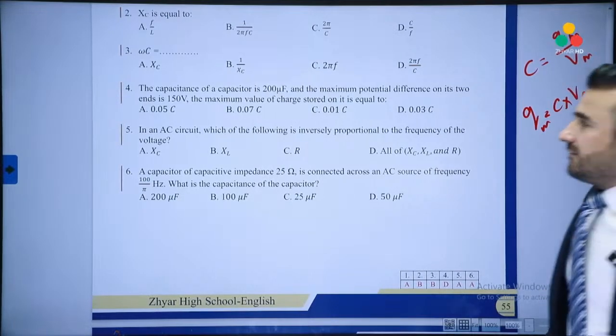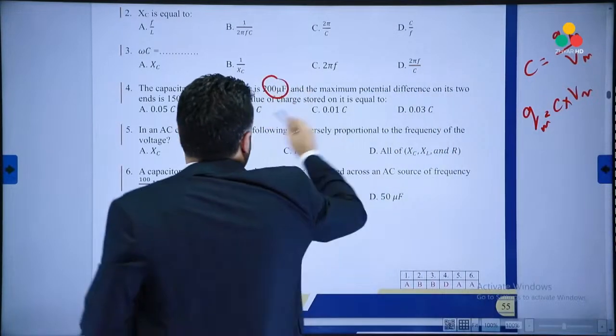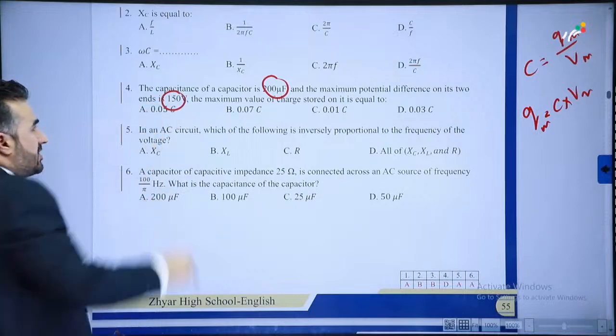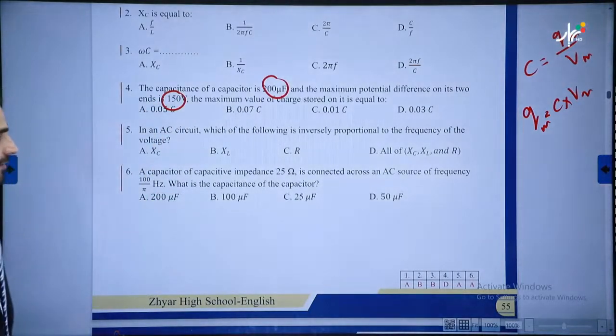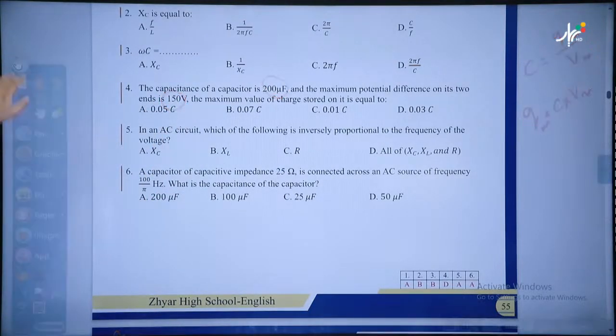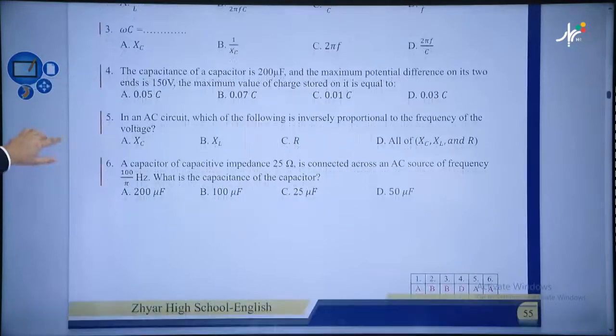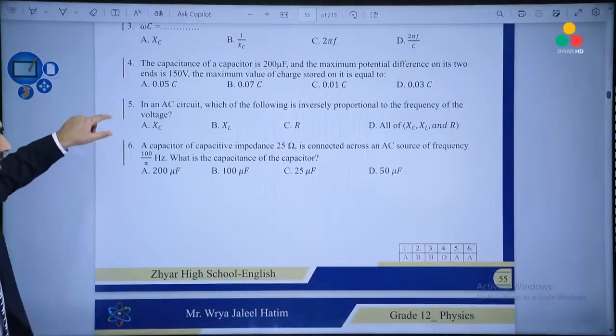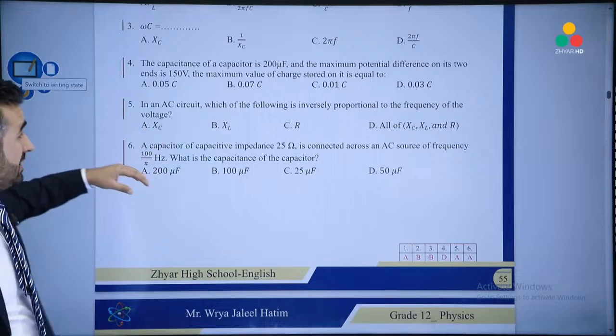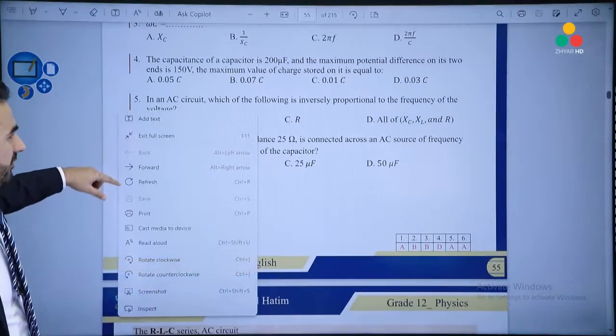You do the math, of course, you will find the answer. And you have this, it says maximum potential difference is this much. So you just multiply the two, you get the maximum charge stored on the two plates. Okay, and then question 5 says, in an AC circuit,